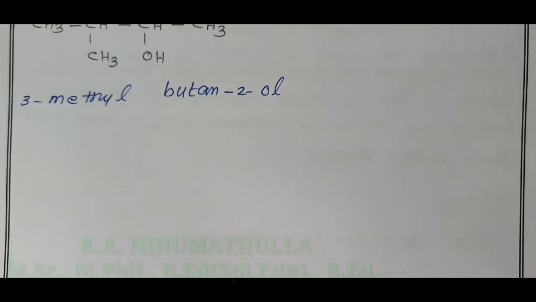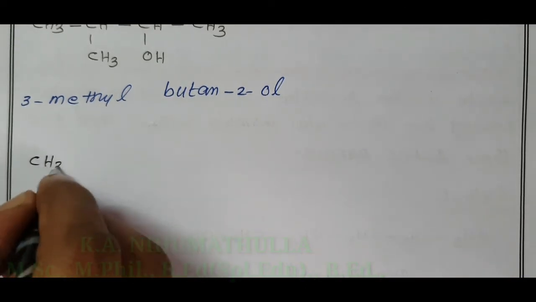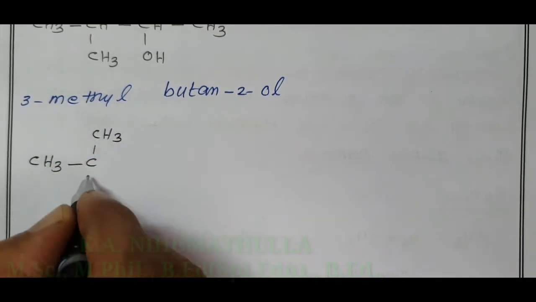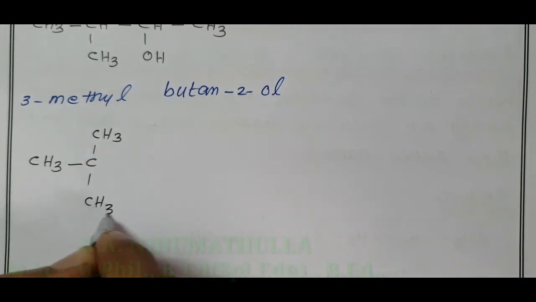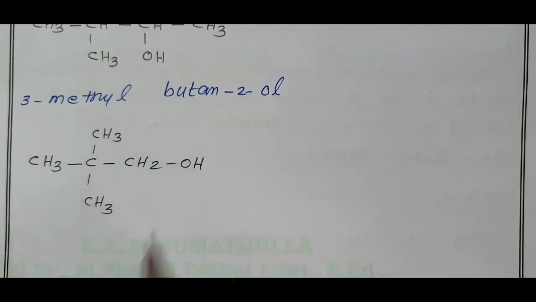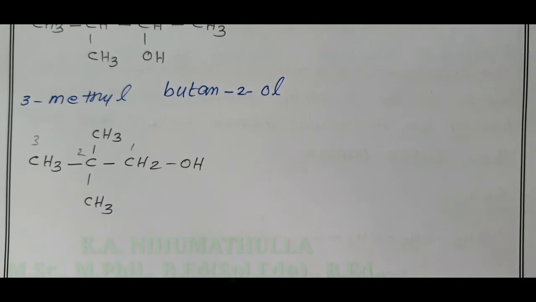Then finally, one tertiary butyl, CH3, neopentyl. Actually, this is neopentyl: CH3, CH2OH. Neopentyl alcohol. By giving numbering 1, 2, 3, the main chain contains only 3 carbon atoms. Therefore, the root word is prop,